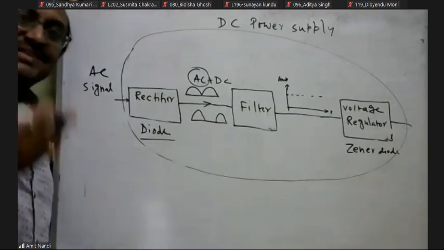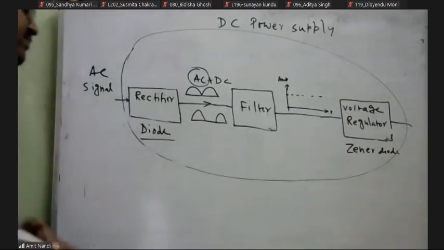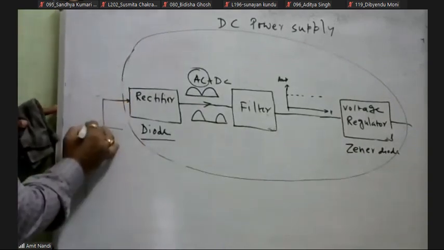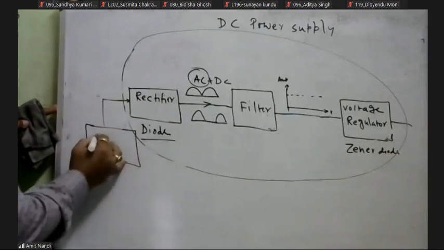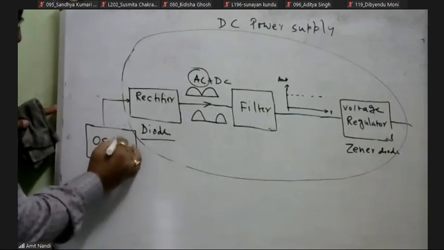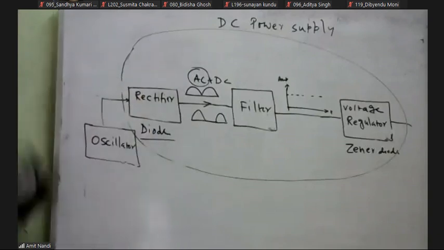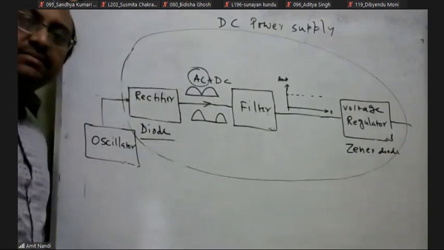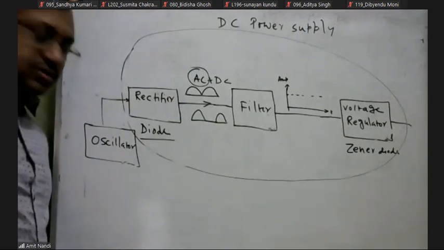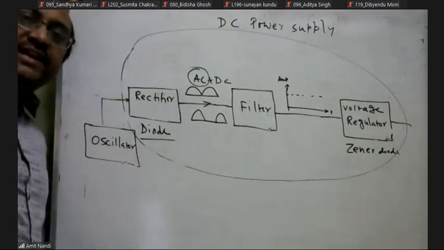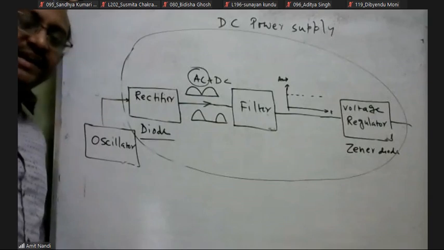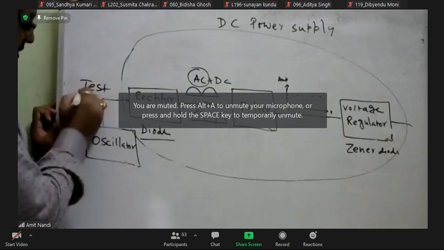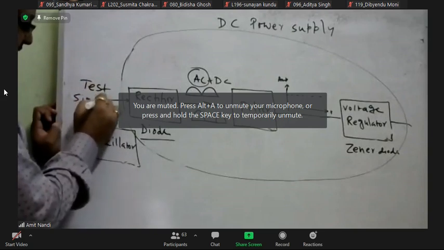But the main circuit present inside the function generator is called the oscillator. Using the oscillator, we can basically generate the test signal. The oscillator is one of the analog electronic circuits. By using the oscillator circuit, we can build up the test signal. So this test signal is either